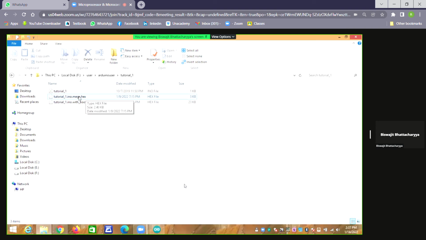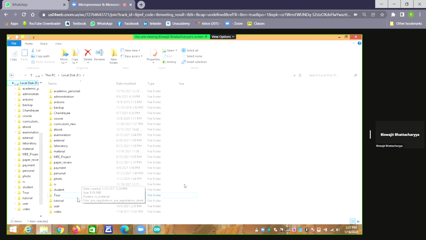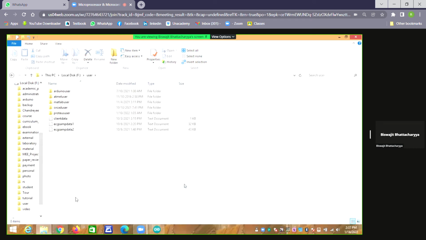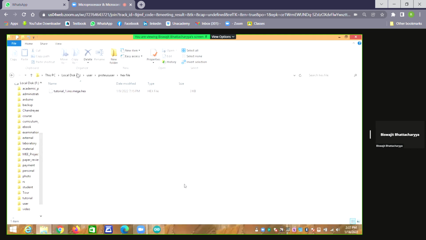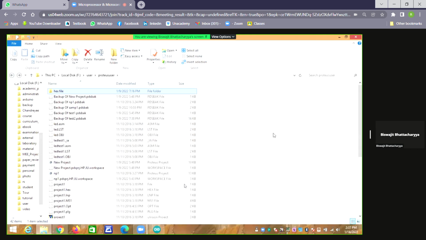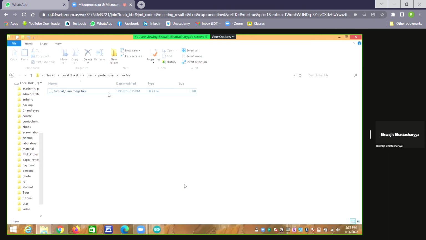You copy this to some other folder, anywhere. Personally, I create Proteus user, and within it the hex file folder, where I have copied it. Why? Because once I copy it, that hex file will be linked with my Proteus application.